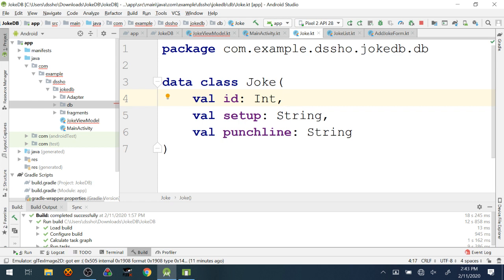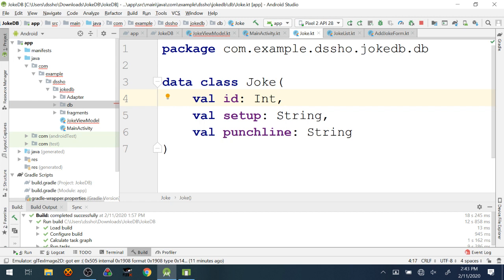Now, to understand how this library works, we're using a library called Room to manage the database stuff for us. To understand how this library works, we need to point it at a model. We need to tell Room, hey, this is the object that I want you to store in the database. And here are the different pieces. And then once we give it that information, it will make a table for us automatically. We don't have to make the table. It will also give us some very basic functionality as to how to put new things into that table and get things out of that table as well.